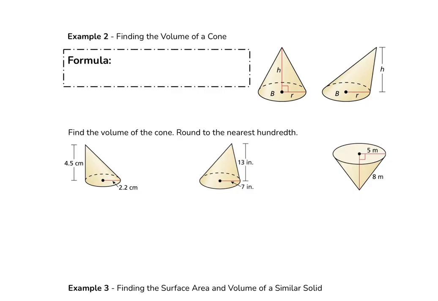Second thing that we're going to do with the cone, all we're focused on today is a cone, is now finding the volume of it. We're going to try to figure out how much I can put into this cone. Kind of like yesterday, I could bring a cylinder out that has the same base as this, and say, how many of these cones would it take to fill up that cylinder? As long as they have the same base, it would take 3 of these to fill up a cylinder with the same circle base. And so this is 1/3 of the volume of a cylinder. The formula is the same formula as yesterday. It's going to be 1/3 big B times H,